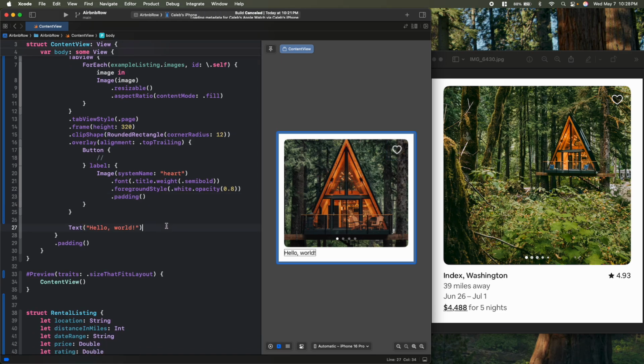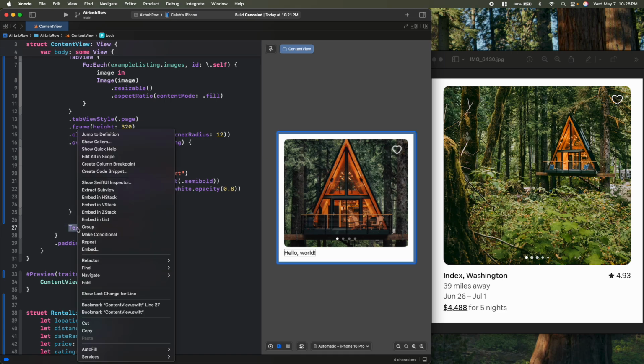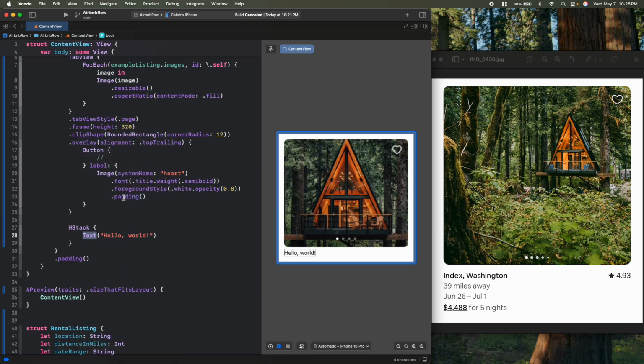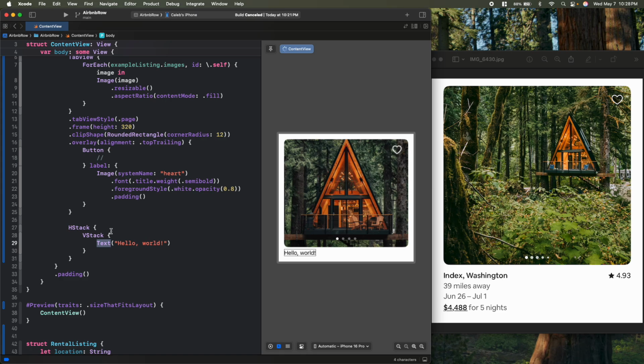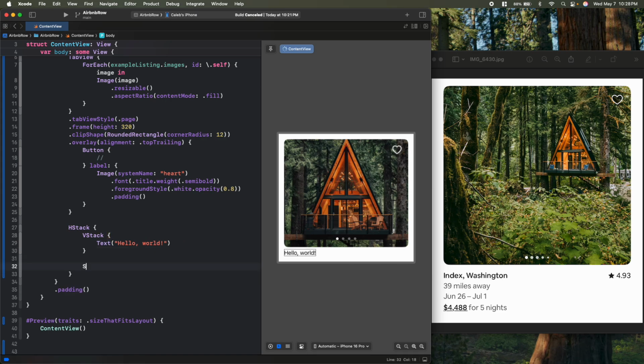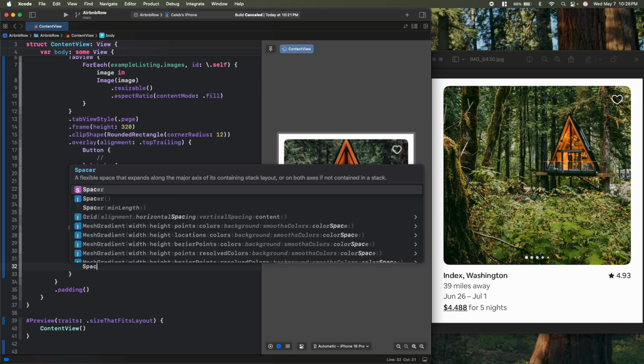Let's scroll down here to our stacks, or we're going to turn into stacks, because we need this to be a VStack, and we need this to be an HStack. So if I just escape, if I just Control-click and we go HStack, and then in here I just Control-click and we go VStack, that'll look pretty good, I think, right? VH, yep. And so then here I can just put a Spacer like so,